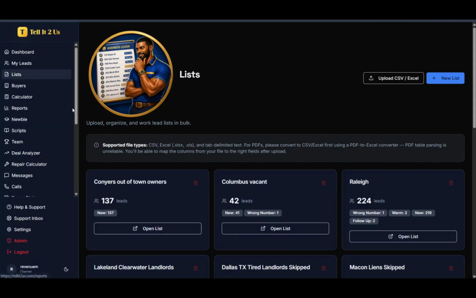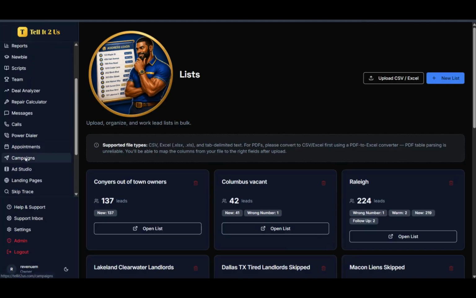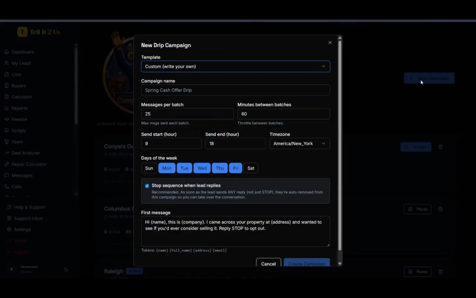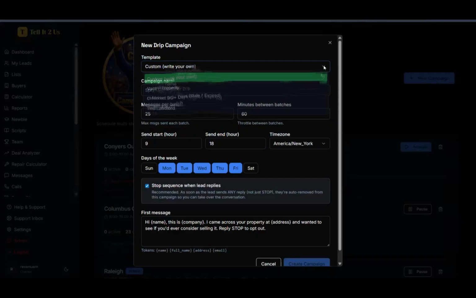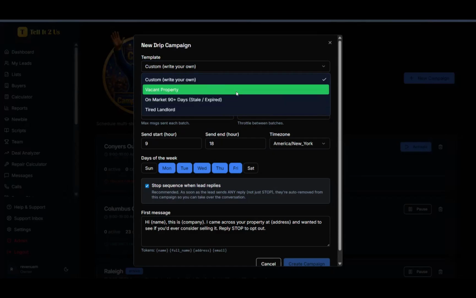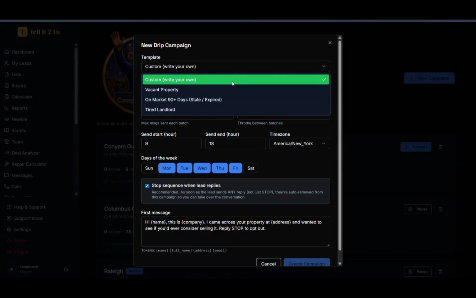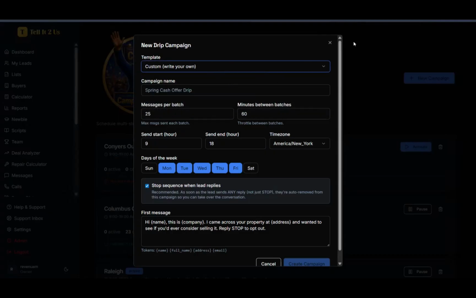Once you upload it here, you will go to campaigns, and this is where you will do the magic. You will put up a new campaign and fill it out. We do have templates already ready: vacant property template, on market more than 90-day template, tired landlord template, or you can simply write your own. Then you will set all of this up. How many messages do you want to send? Most of these telephone companies, mobile companies, they don't want